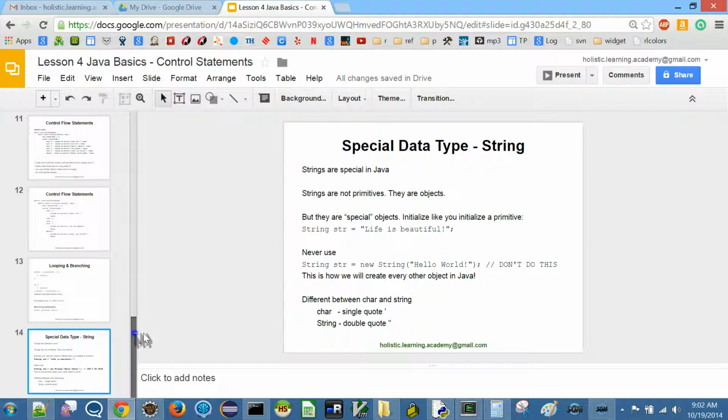So that's about strings. We'll be studying strings in a bit more detail as we proceed. With that, I'd like to conclude here. In the next lecture, we'll be studying object-oriented programming and then pick up more on all these things that we have covered today. So see you in lesson 5.